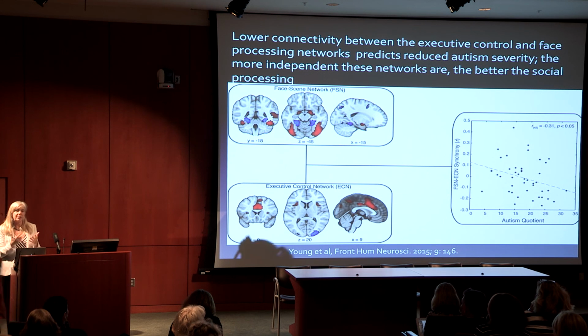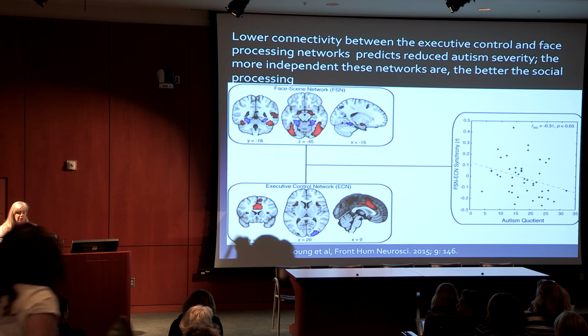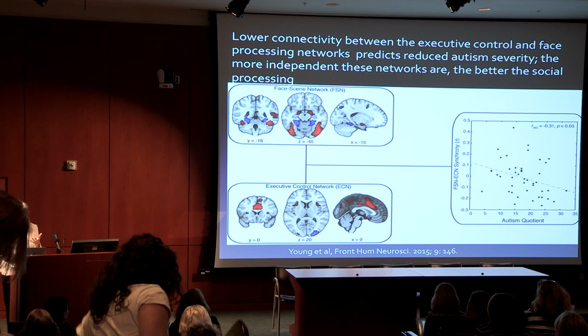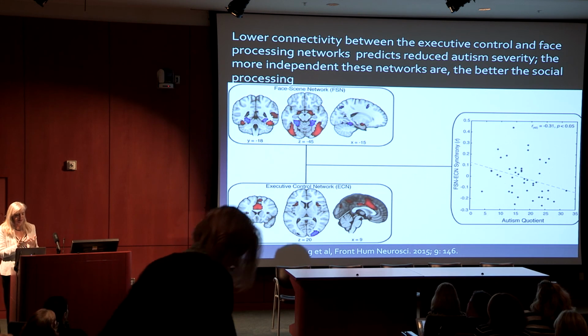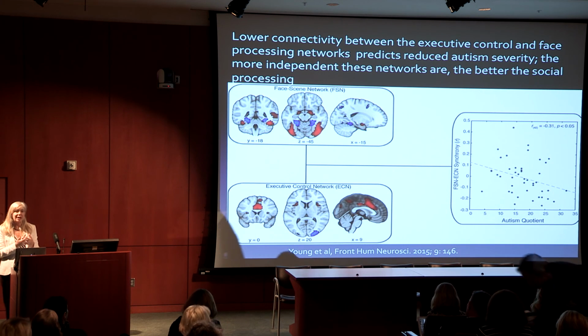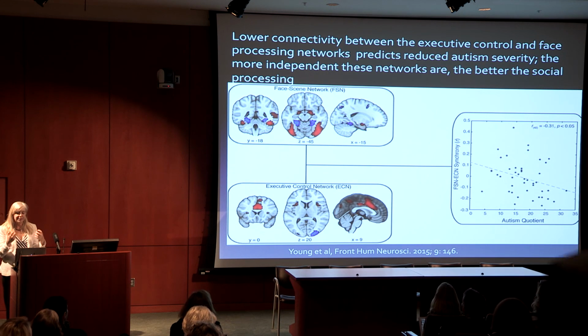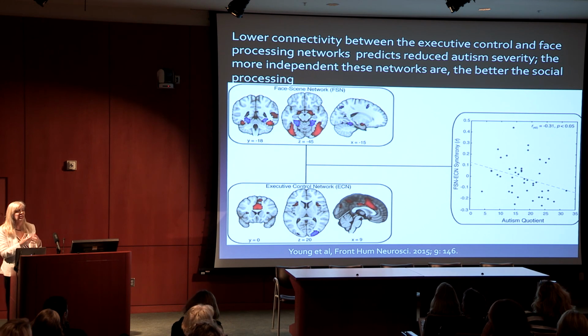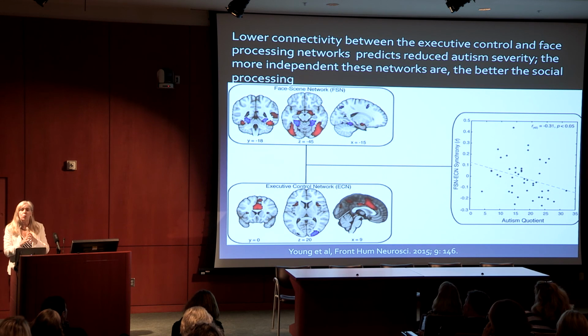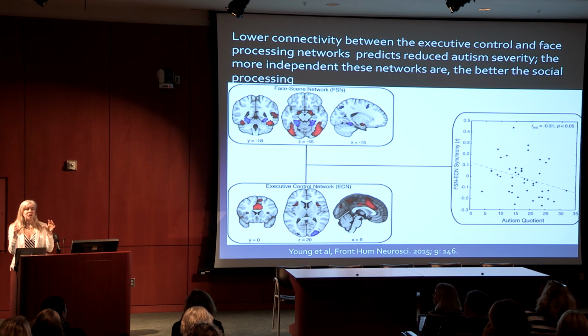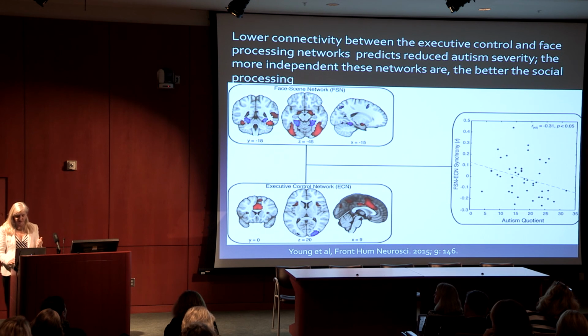So these are two networks that we think are important in autism. This is a face processing network, which we know is extremely important. Face processing is a critical skill that is impaired in autism. And the other one is the executive control network. And they looked at the correlation between these two networks, which should be segregated, and found that the degree of correlation related to the severity, the global severity of autism. So overall, the message is that the extent to which these networks have matured and formed separate networks relates to better symptom outcome, and the extent to which the networks have not segregated and they're still cross-talking too much suggests more global symptom severity in autism.